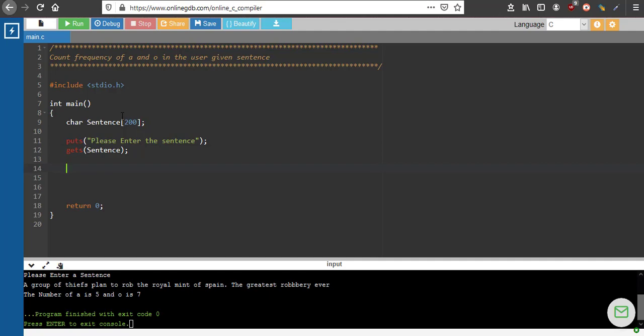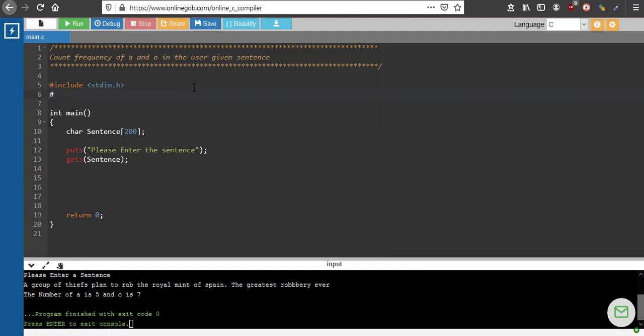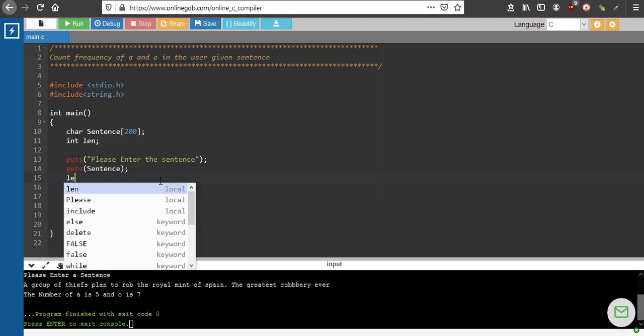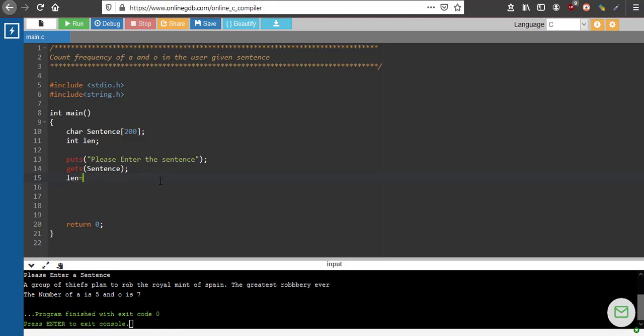Now we have to find, first we have to go to each character and search whether the character is A or O. So that means we have to know how many characters are there in the string. So for that we have already known the strlen function. So for that I will call the header file string.h, right? I'll create a variable int len, so I can also give here int len equal to strlen of sentence.